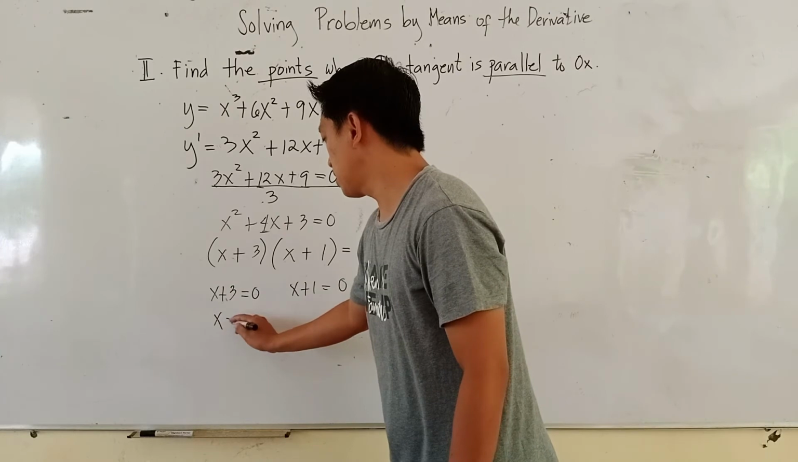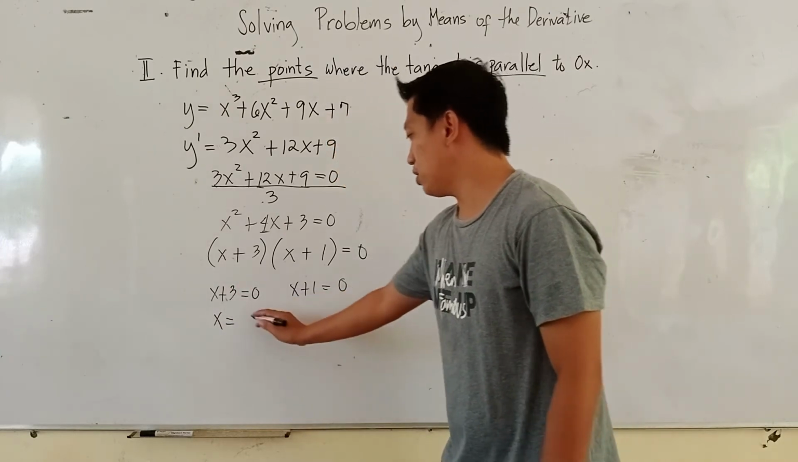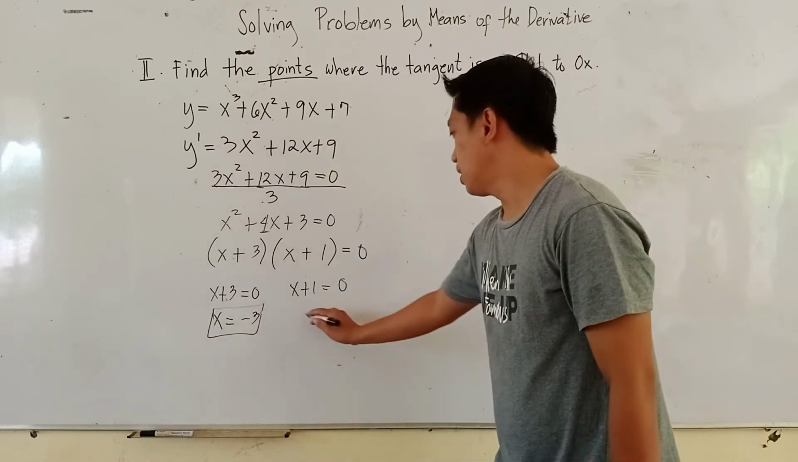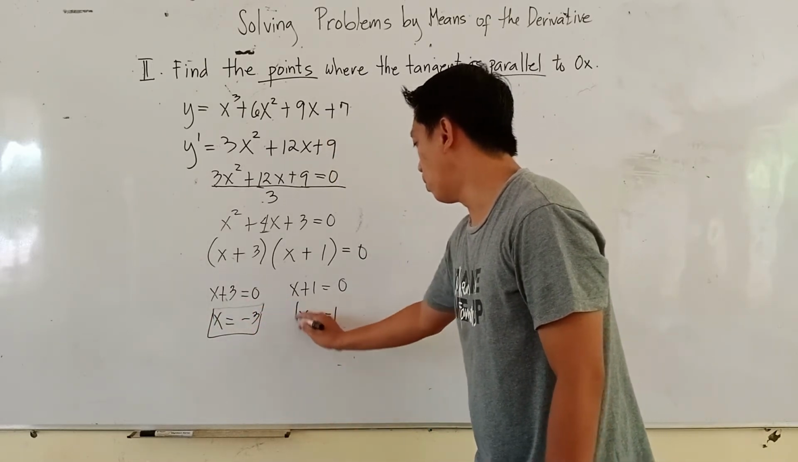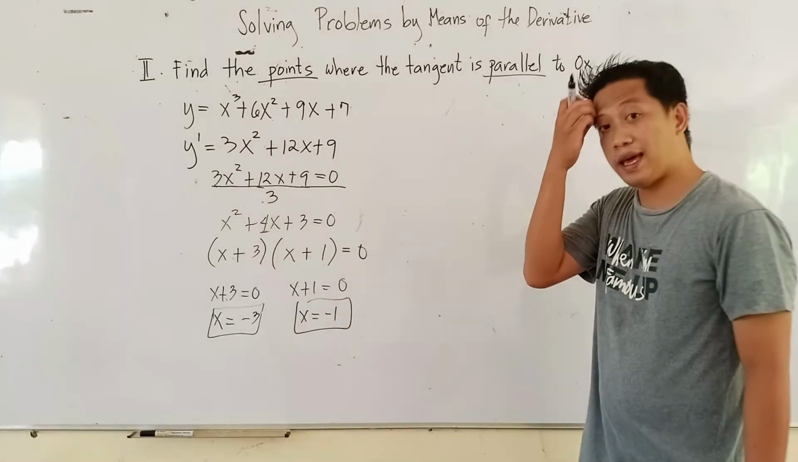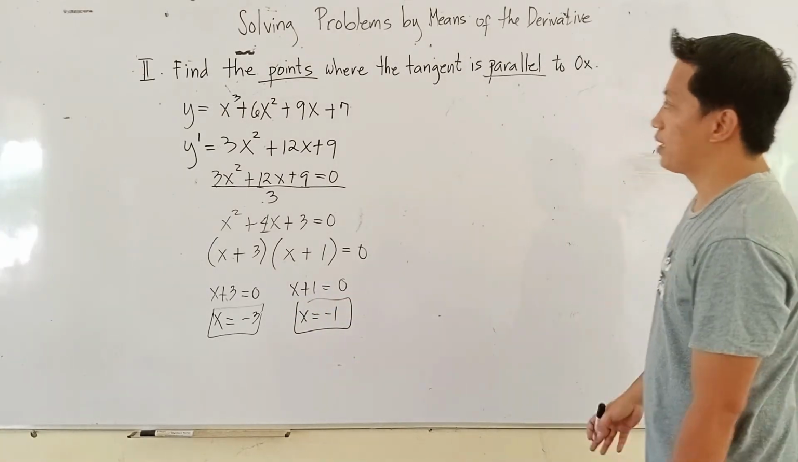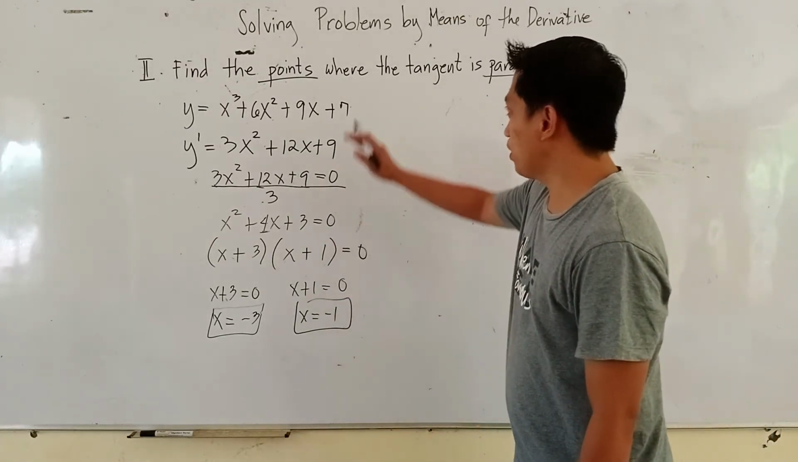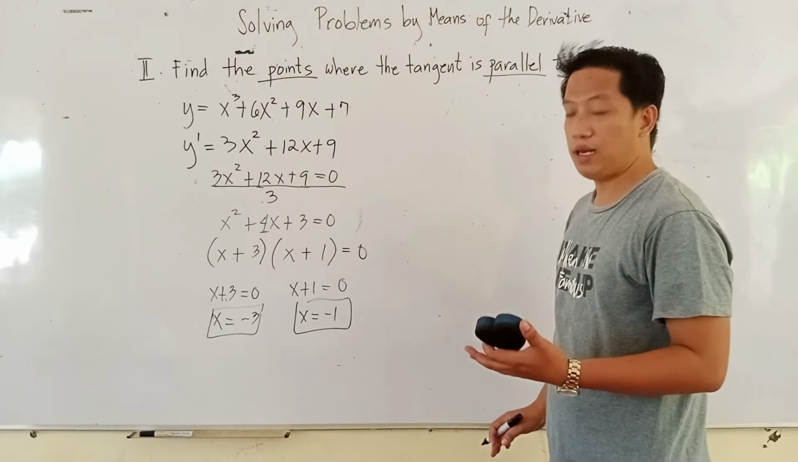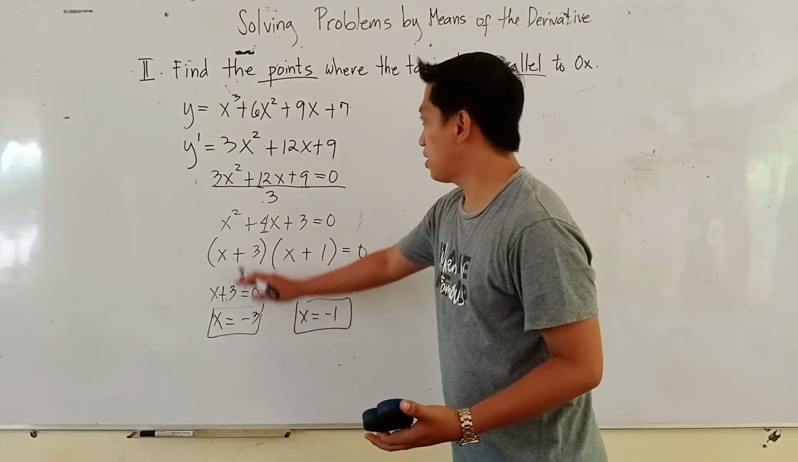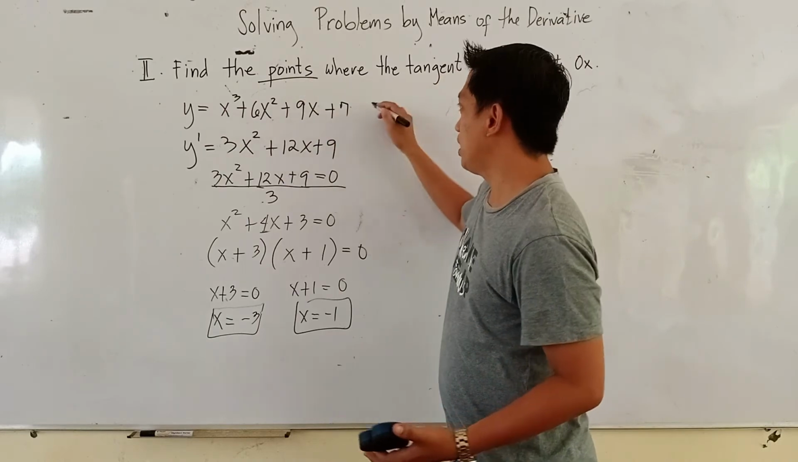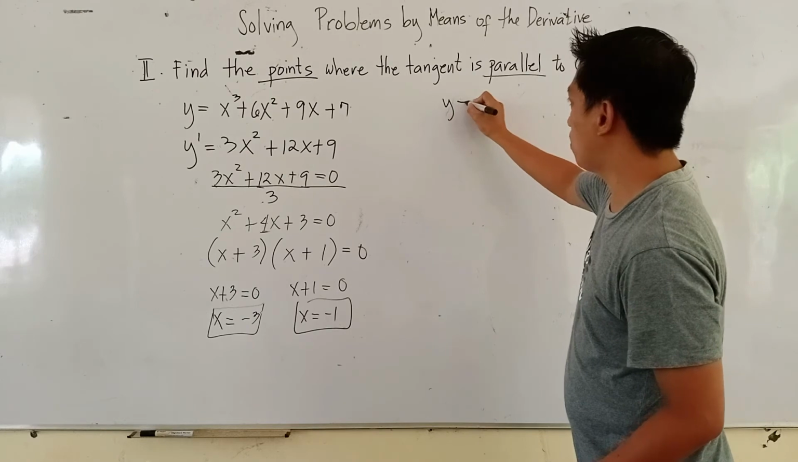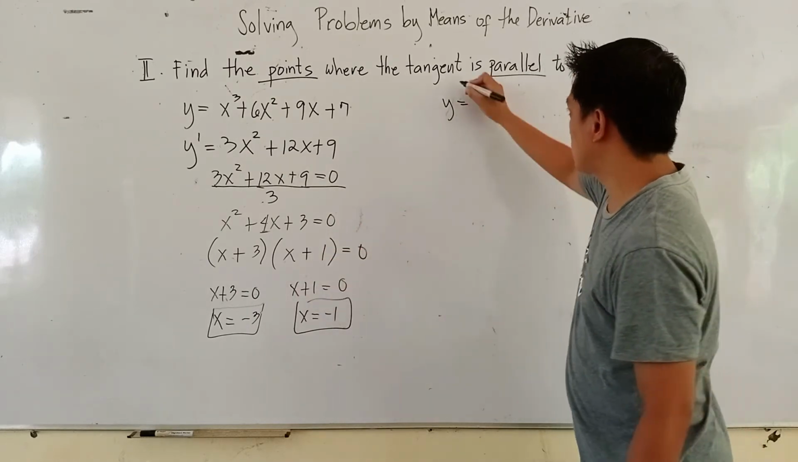So what is the value of x here? Applying APE or the addition property of equality, this is now x equals negative 3. The value of x here is negative 1. So we have two values of x, that is negative 3 and negative 1. So what shall we do next? Since we are looking for points, we need to get the value of y. So the values of x we are going to substitute in the original equation to get the value of y. So this is now y equals,